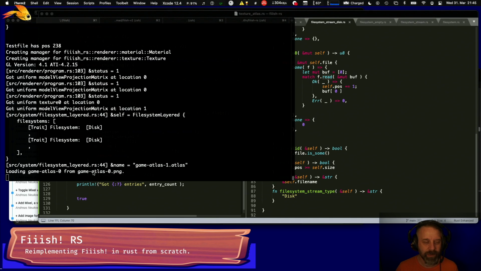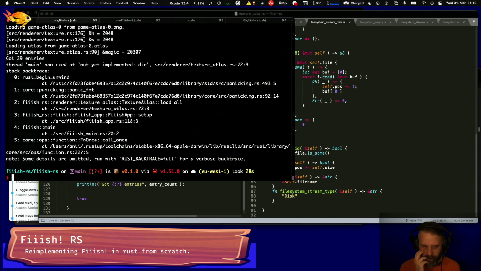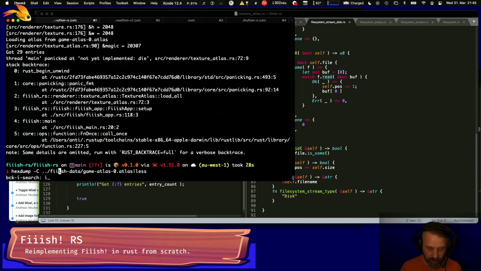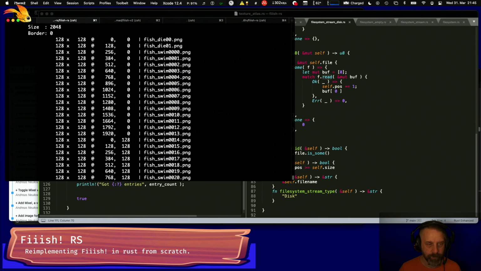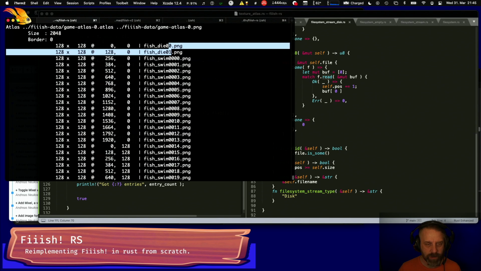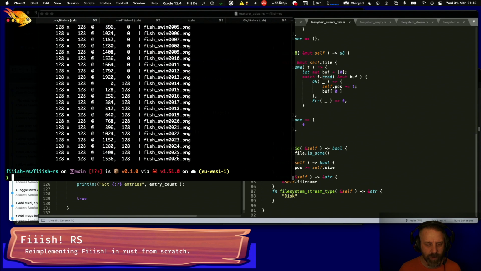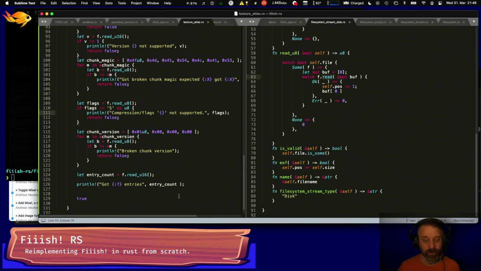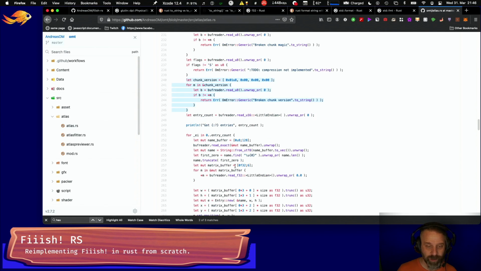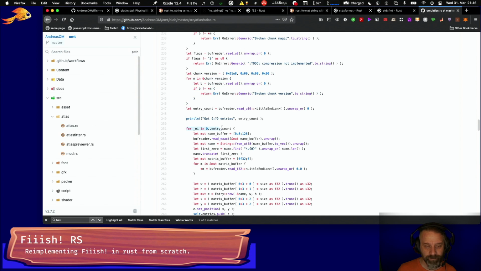This step is kind of, why is this so slow? Doesn't make any sense to be slow there. Or is the die actually slow? Got 29 entries. So if I run the info again, it's these two plus 0 to 20, so it's 29 entries, right? So all we have to do now is load 29 entries, and basically